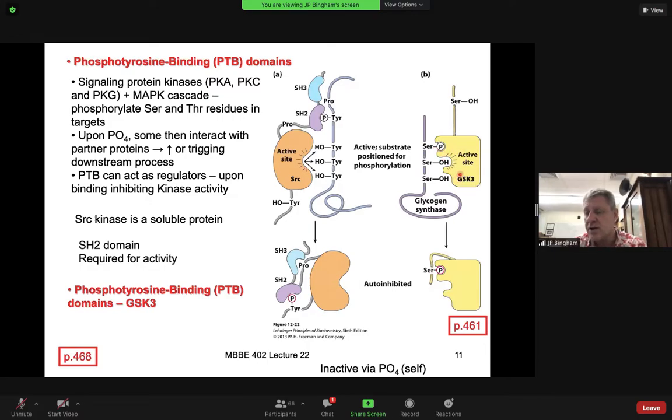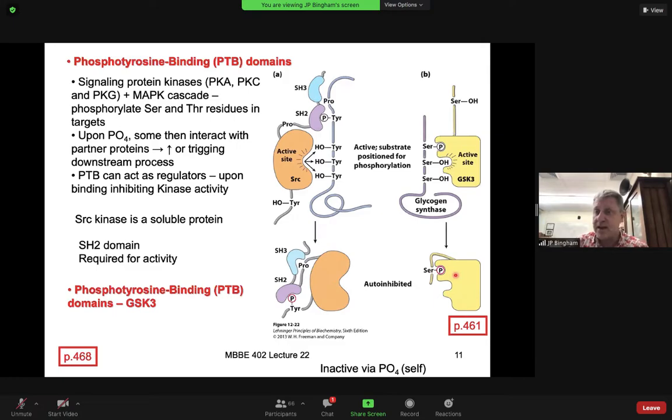But glycogen synthase kinase 3 also has its own serine position close to the active site, where we see it interacting with the glycogen synthase. In this case, we can go through a phosphorylation event here, and the tether is just the right length to mimic the positioning where the phosphoserine comes in on the glycogen synthase. So it actually acts as a competitive inhibitor. And here the phosphorylated serine now deactivates glycogen synthase kinase 3 through